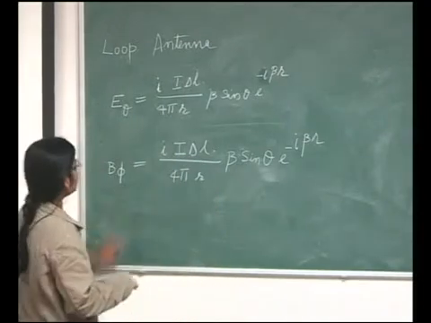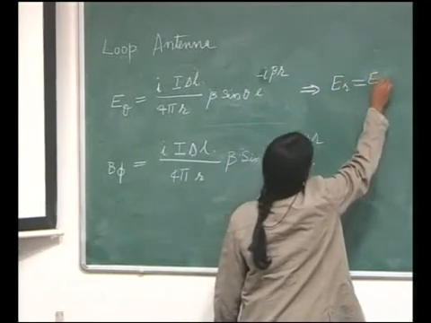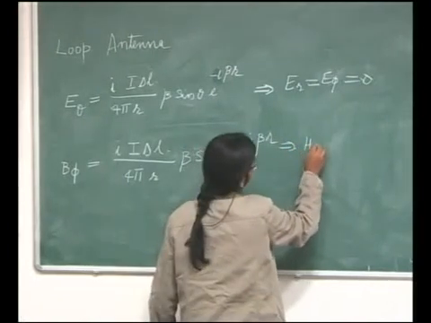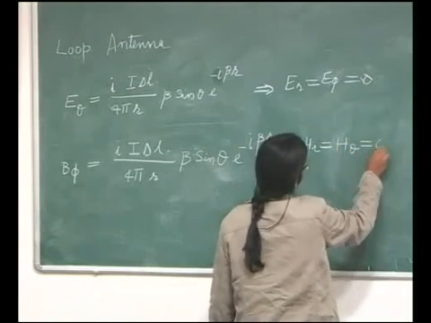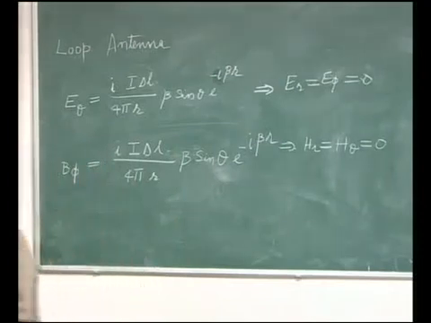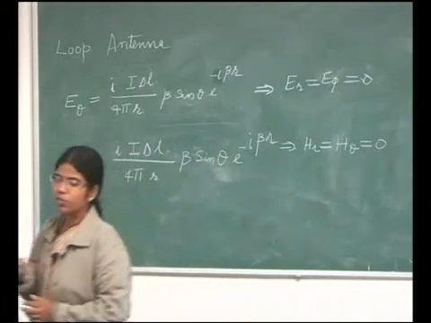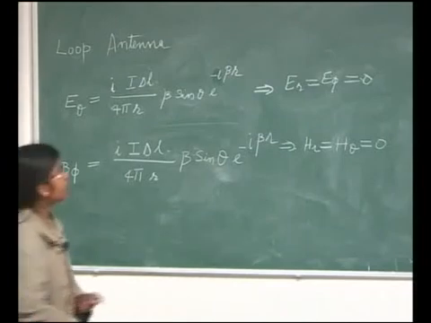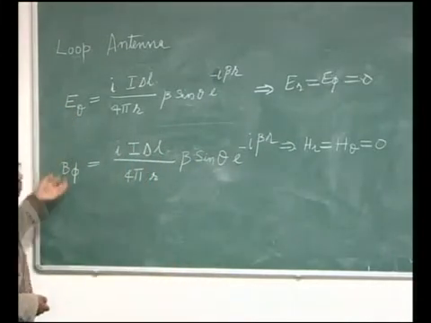So, here I am writing that ER, in this case ER is equal to E phi is equal to 0, and in this case I am writing that HR is equal to H theta is equal to 0. Okay. So, now you can see from this I am very sure that my wave is going to propagate, radiation is going to be along the R direction. So, you see here there is no radiation along the R, there is no ER, no HR. Okay. So, if I have these field components, then E cross B power will be along the radial direction.